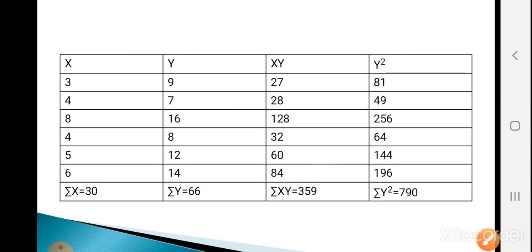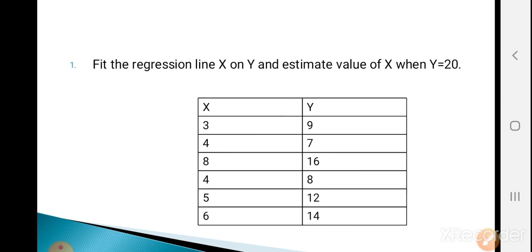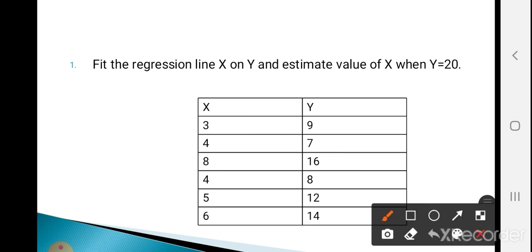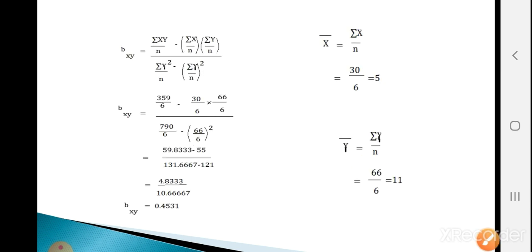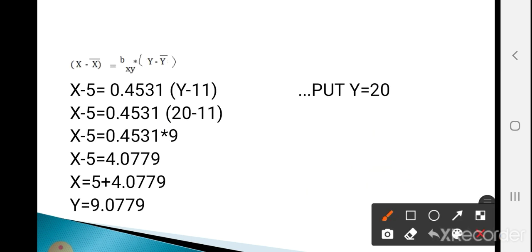The question, that is, the example, is to fit the regression line x on y and estimate the value of x when y is equal to 20. Now just put y equal to 20. So x minus 5 is equal to 0.4531, y is 20, so 20 minus 11, that is 9. So x minus 5 is equal to 0.4531 into 9, that is 4.0779. So x minus 5, take the 5 to the right side. So 5 plus 4.0779 is equal to